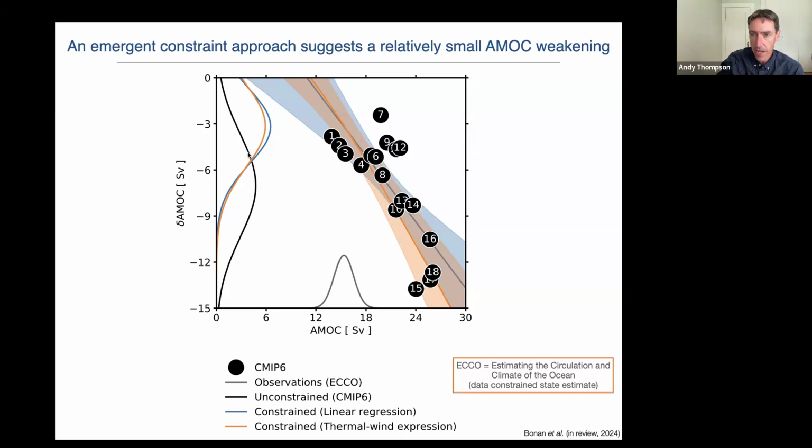Of course, there's still a wide range here, a wide distribution, but what we find is that the predicted weakening, again based on the present-day AMOC in this thermal wind constraint, is considerably weaker than what would be predicted simply by looking at all of the CMIP models together. And so what we think is, based on this relationship between the importance of stratification in the North Atlantic, we can eliminate some of these models, which we think have a bias, have a much stronger response in terms of its AMOC weakening than we might expect in the real ocean.